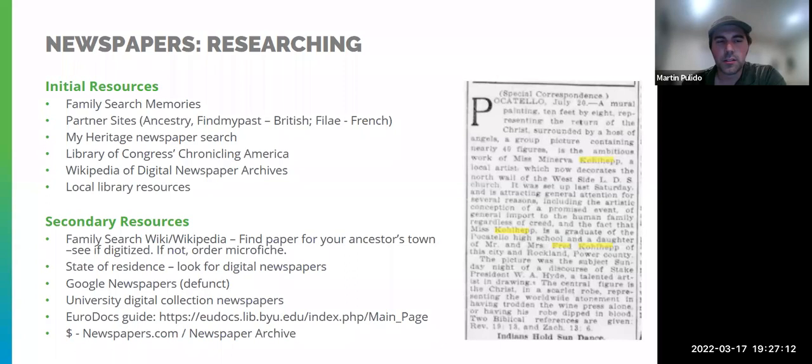Then there's always just other repositories. I've seen Google News Archive. It doesn't really do new stuff anymore. It's largely defunct, but it does have what they historically put together available to the public. Archive.org has some of that too, although I haven't had as much success being able to really filter effectively through archive.org. There's guides at the Harold B. Lee Library and its digital collection, like this Eurodocs guide. And I've mentioned Newspapers.com and NewspaperArchive. Is there any other place people go to for newspapers on a high level that benefits them in their research? I'd love to hear about those other resources.